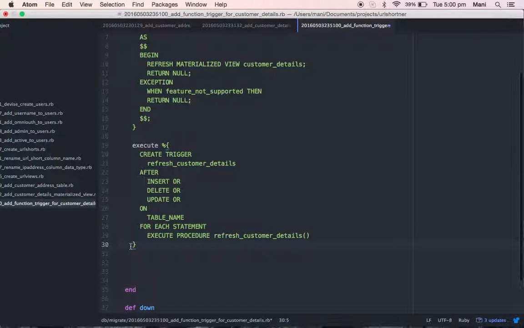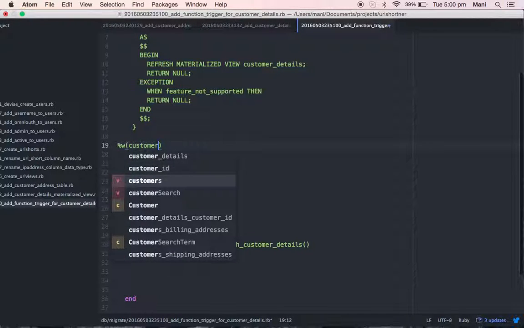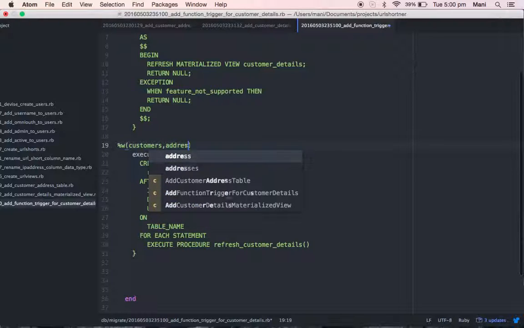So everything is done. Now I have a remaining part. I need to mention a table name here. Now I will show you how to mention the table name. What I'm going to do is create a new array. Here my table names are customers and addresses.